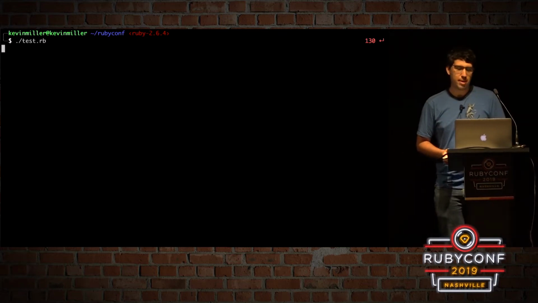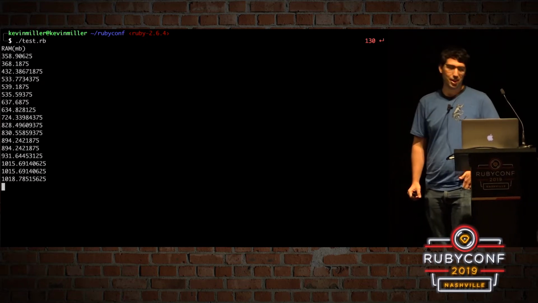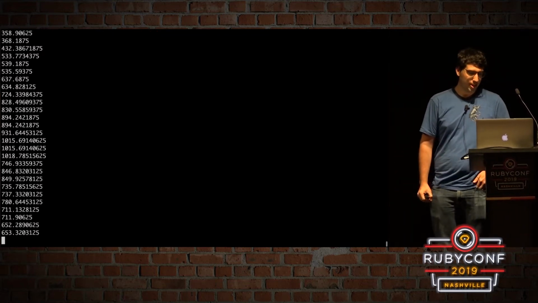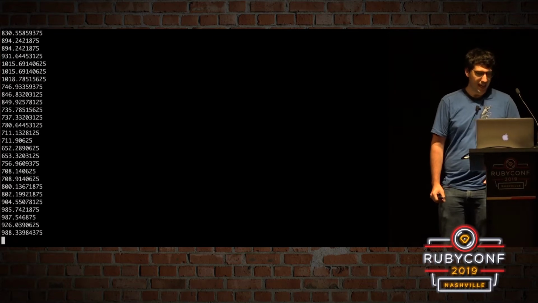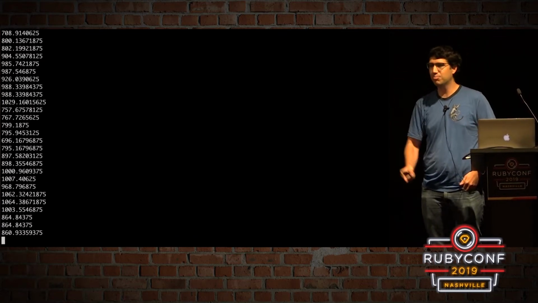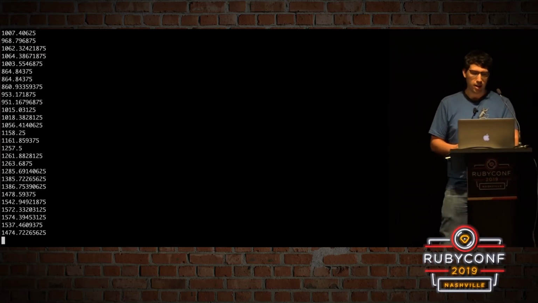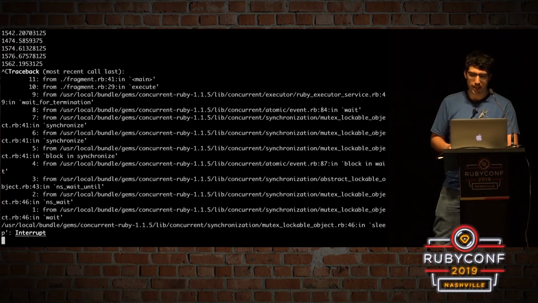So this is going to be memory in megabytes. And we can see it starts going up really rapidly. And it keeps going, keeps going. I could let this go for a while. It drops because the garbage collector cleans up some of it, but it's still going up even with the garbage collector going. This isn't super easy to read, so